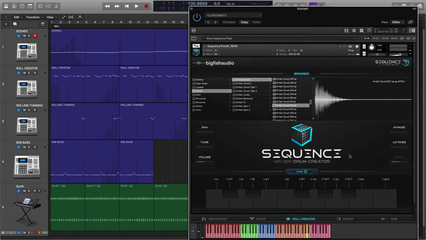Today's tutorial is going to be on the roll creator section, and this is one of the most unique features you'll ever see on an instrument. What this allows you to do is create rolls and runs with any sound, like you used to have to do. You would have to program all that, but now the way we've done it here is,